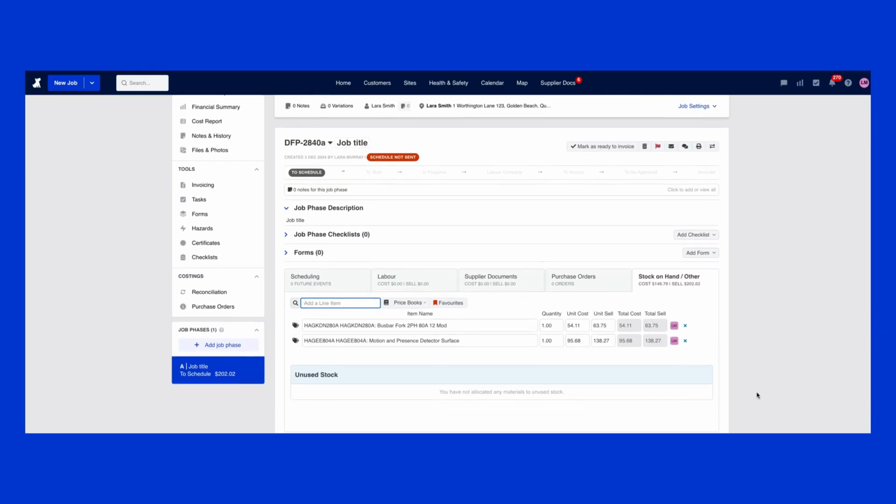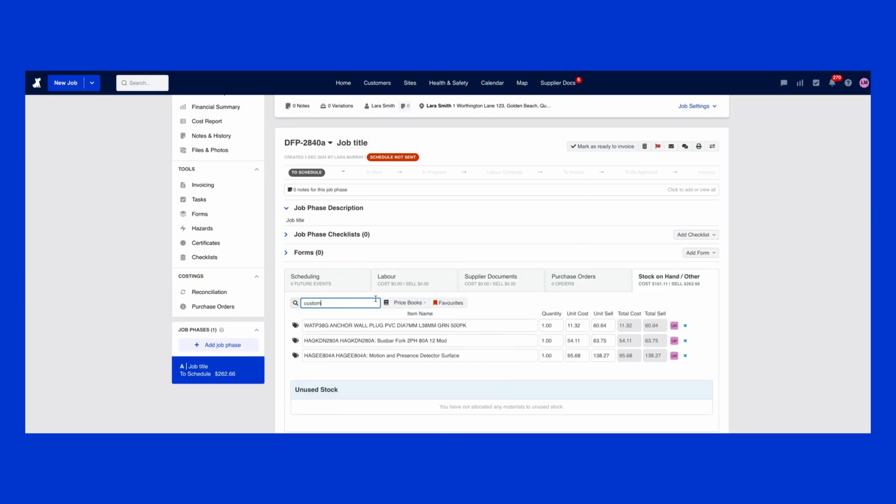Now, a quick note about this section. You can use it to track any costs you'd like to add to the job, not just stock items. To add stock to a job, use the line item bar, just like you would when quoting, estimating, or invoicing. You can search for existing items from your price books, or type a custom entry and press enter to manually